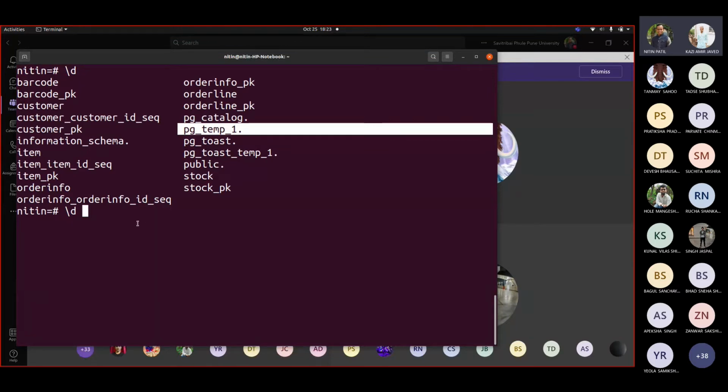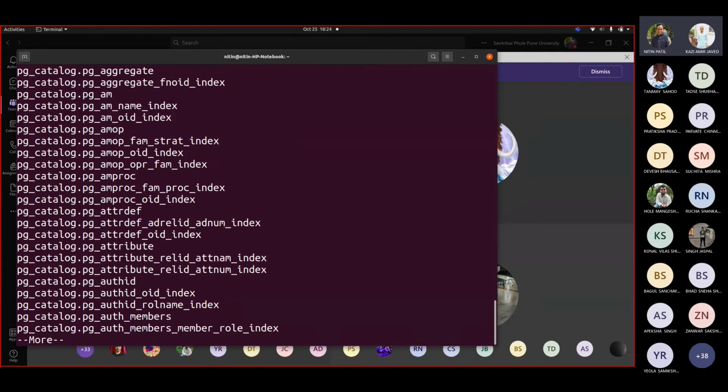But for a few of them, for example, if I write pg_catalog dot, then there are these many options. These all belong to the pg_catalog schema. So what are the relations that I do see? How did I see them?